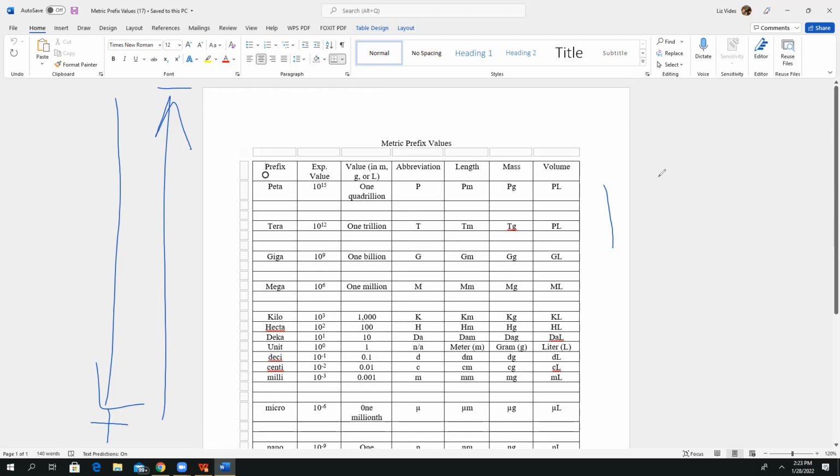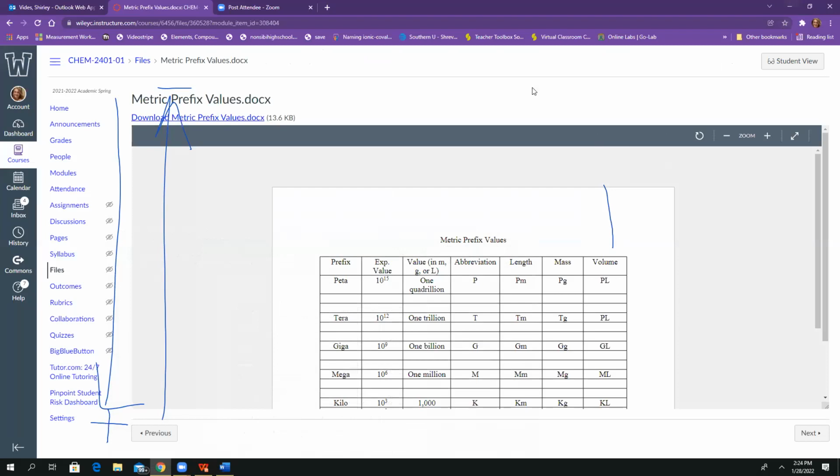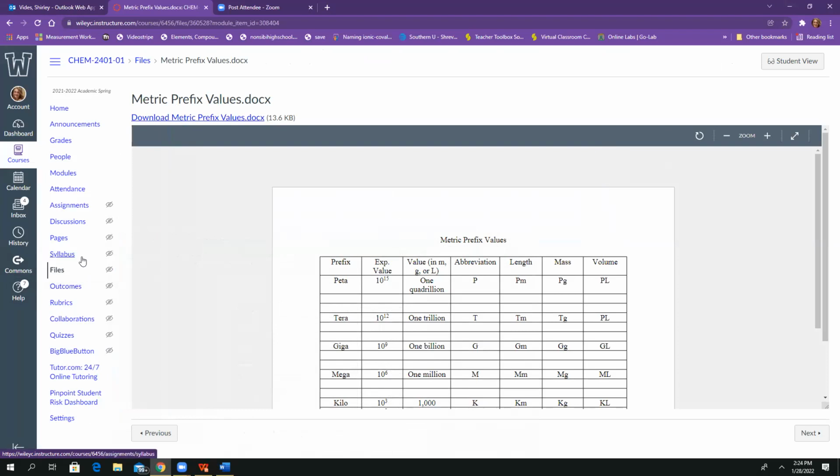There's quite a few prefixes. And they all have a certain value and a certain way to abbreviate it. So make sure that you do that correctly. All right, so that's that one. I'm just going to bring it down and erase all these. Okay. All right, and the other one that we have